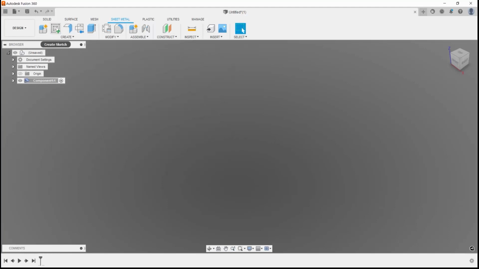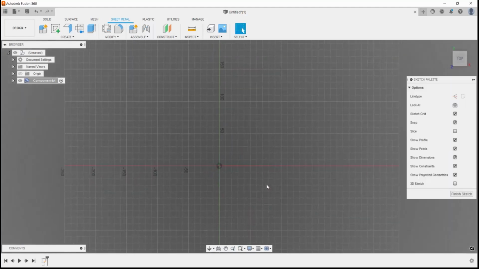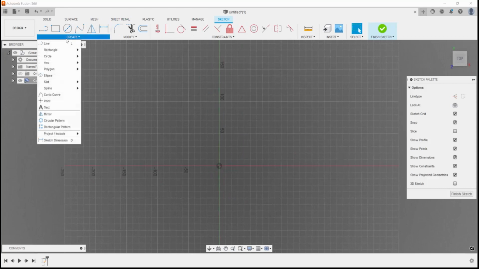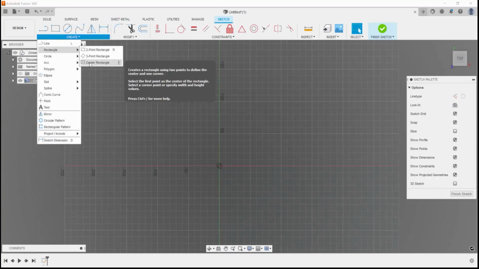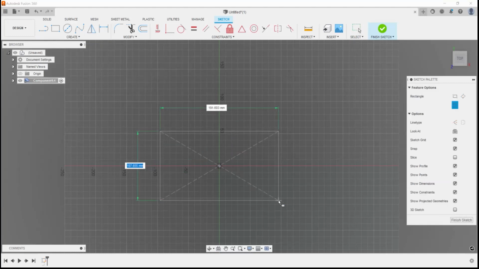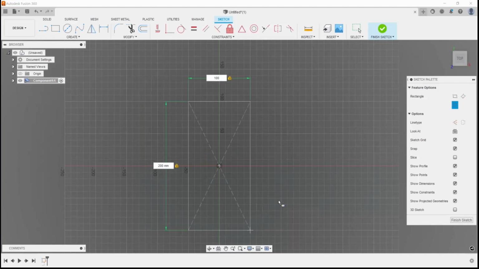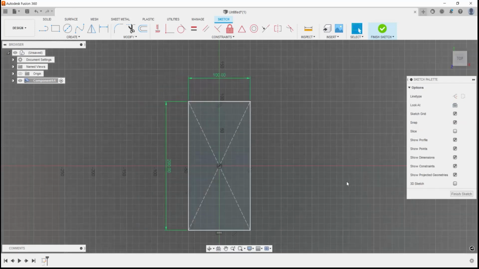And I'm going to hit the create sketch option, selecting the plane on which I want to create a sketch. I'm just going to create a rectangular profile. Using the center point rectangle in Fusion 360, I'm going to create a rough sketch for the sort of sheet metal component that I want. Once that's done, I can finish out the sketch,